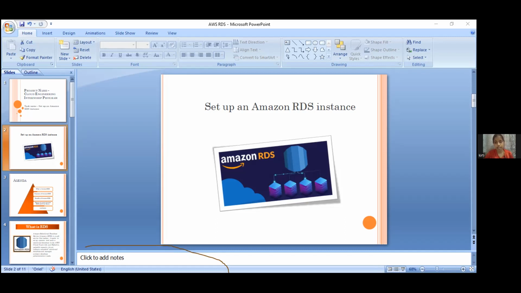Third is Microsoft SQL Server. A Microsoft relational database is called SQL Server. Multiple editions of SQL Server like 2008 R2, 2012, 14, 16, 17, including Express, Web, Standard, and Enterprise are supported with Amazon RDS. So whatever code your application is built with can be applicable in RDS. And the Oracle relational database is called Oracle Database.